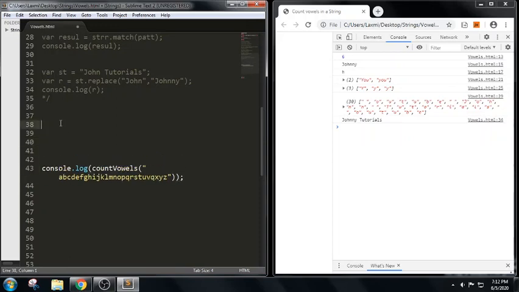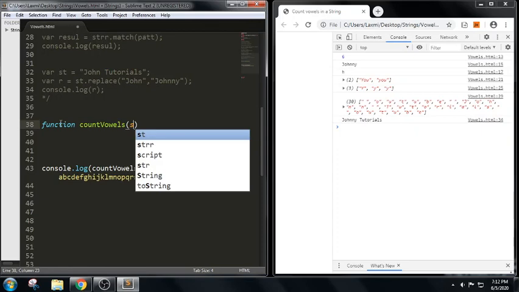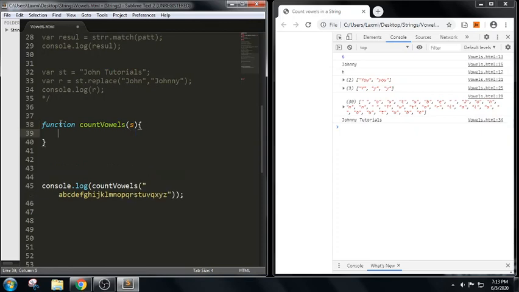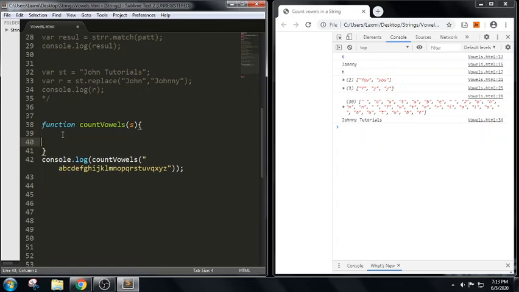I just want to count the number of vowels in this. So I'm taking a function countVowels, and passing this string as the argument through the parameter.